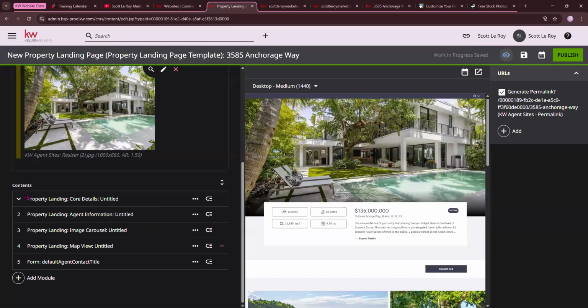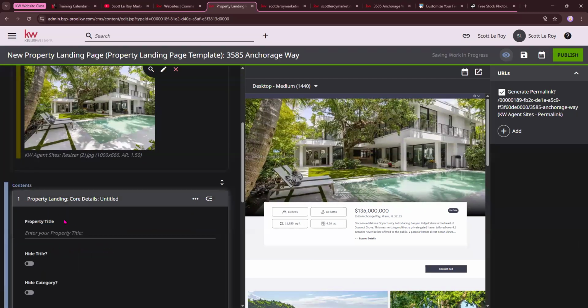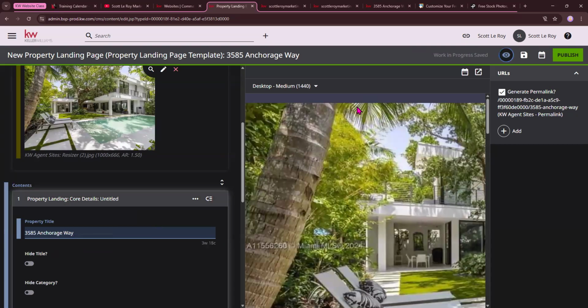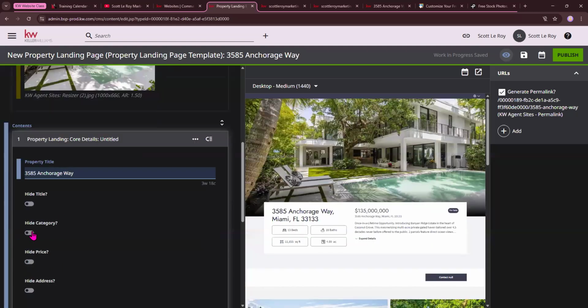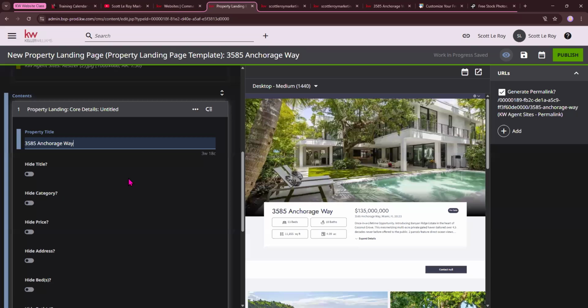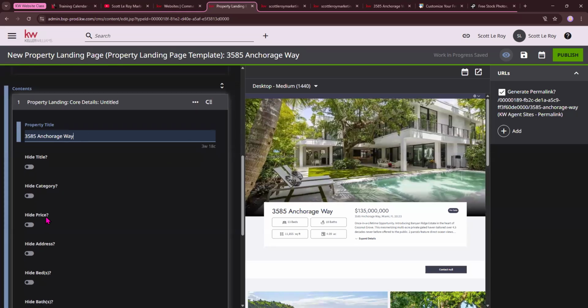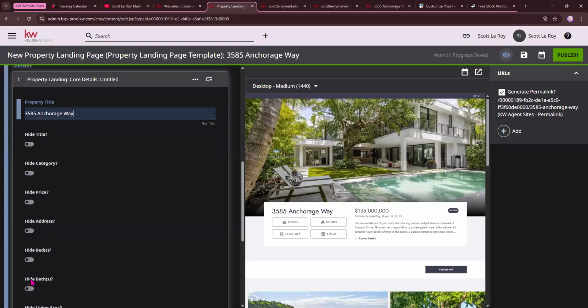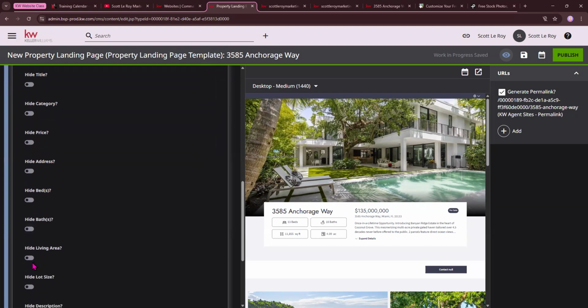Now we can get into our content. So we have the details, property title. I'm going to add that again. And again, you have the ability to hide title. You can hide category. These listing landing pages also give you the ability to hide different pieces of information. So if you want to hide the price or the address, bedrooms, bathrooms, living area, you can hide any of